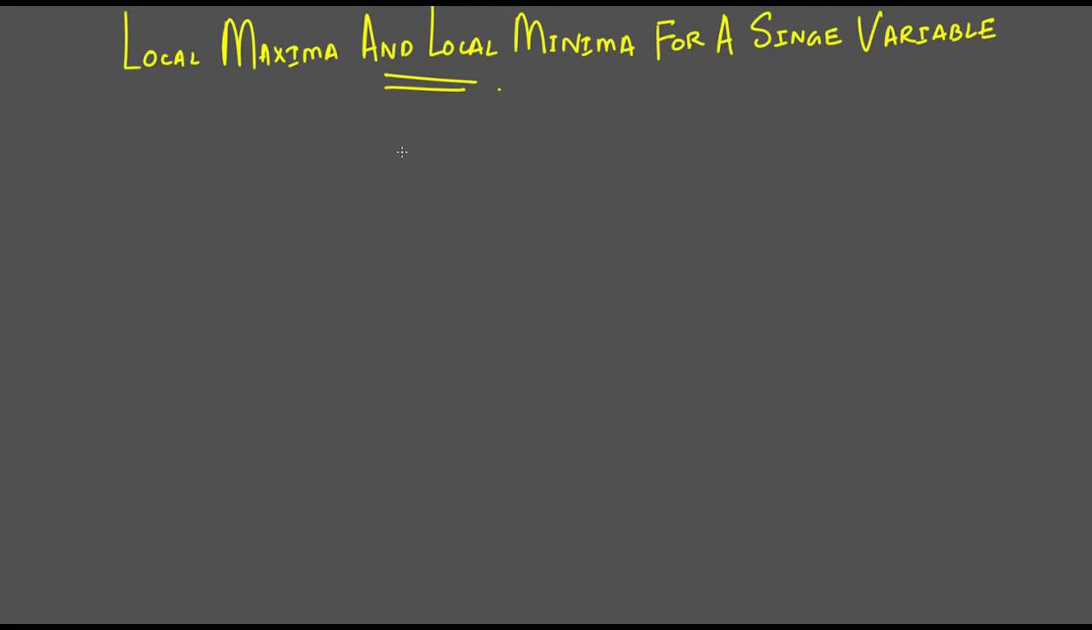Hello, today we are going to study the chapter local maxima and local minima for a single variable, right? So let's get the idea first. What is local maxima and local minima? Suppose if I draw a graph like this, this is y-axis and this is x-axis, and I draw any curve on it, any curve